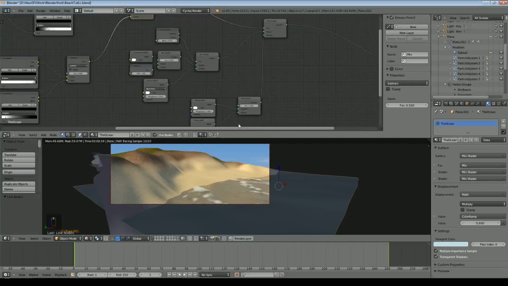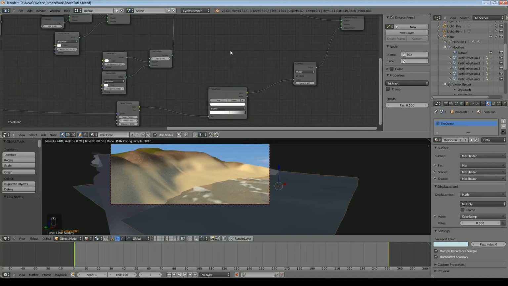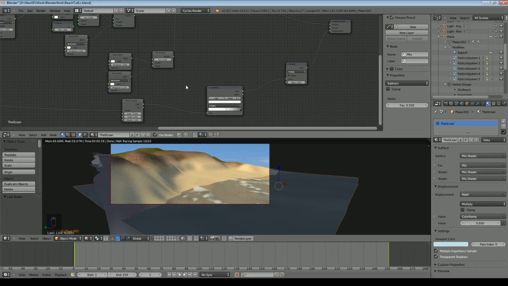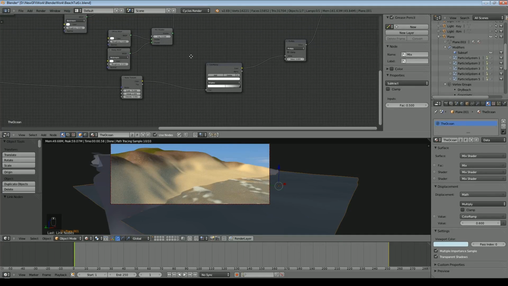And you can add more layers of noise if you want to. You could add colored foam, depending on what effect you're trying to achieve. So then finally that feeds out into the surface, and then in addition, to add a little bit of extra realism and effectively add tiny little wavelets, I've got another simple noise texture down here managed by this